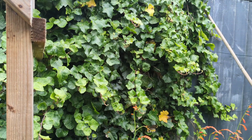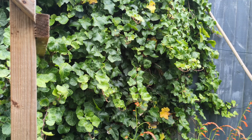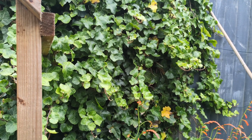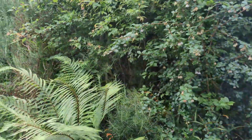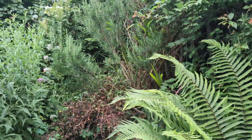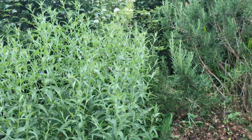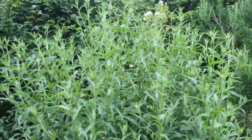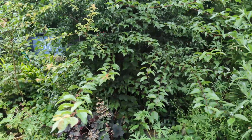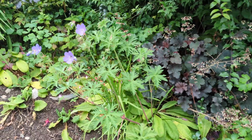So there's my ivy covered fence that I have been picking to produce my, well, I was going to say green, khaki, I think, probably, if it works. Then the edible hedge has sort of turned into a jungle, and the knapweed's about to come into flower. And then something that is in flower, dotted all over the garden, that I really don't want to pick because it's too pretty,